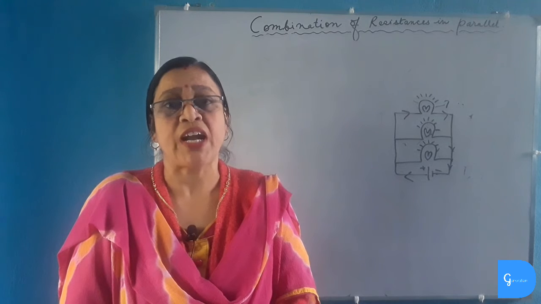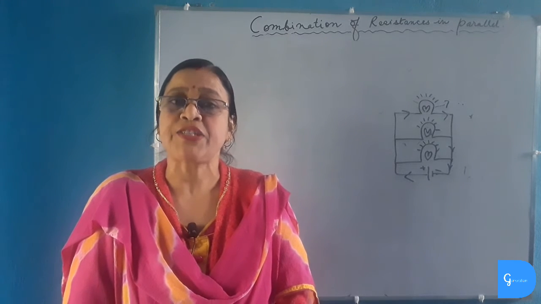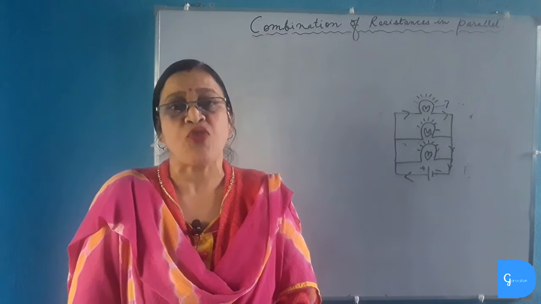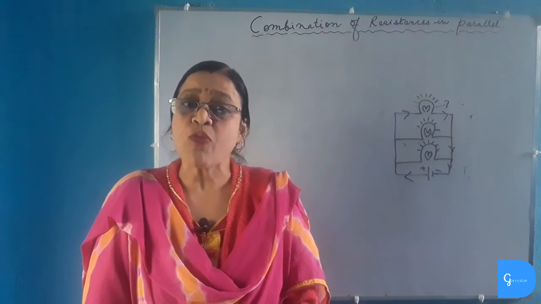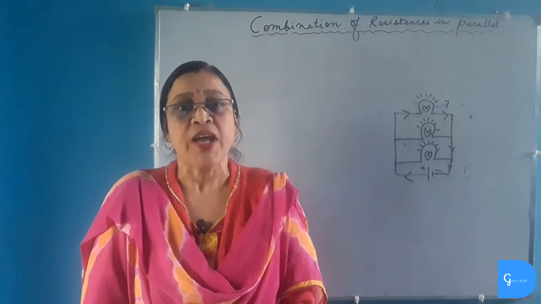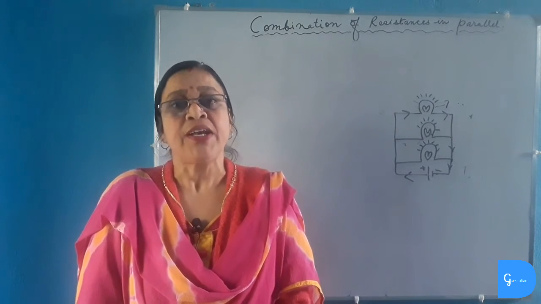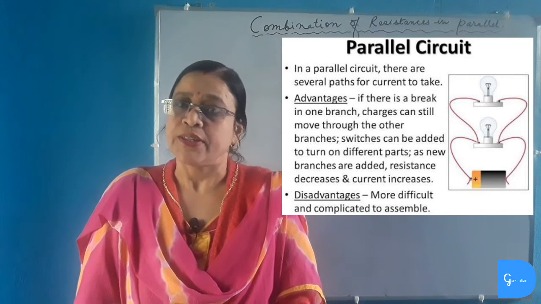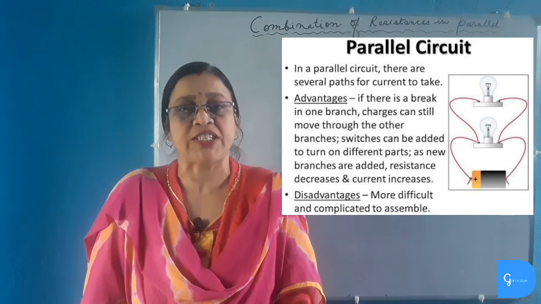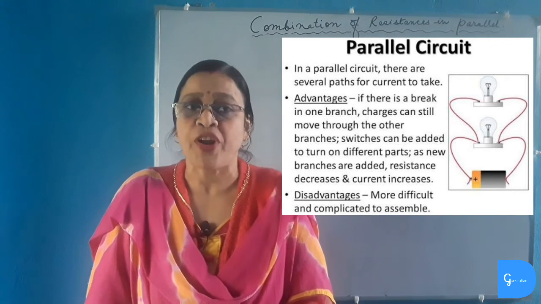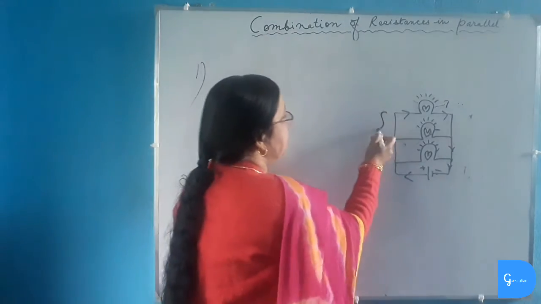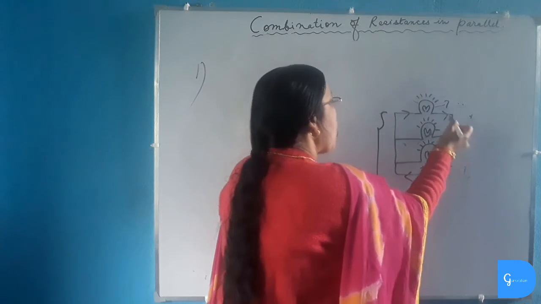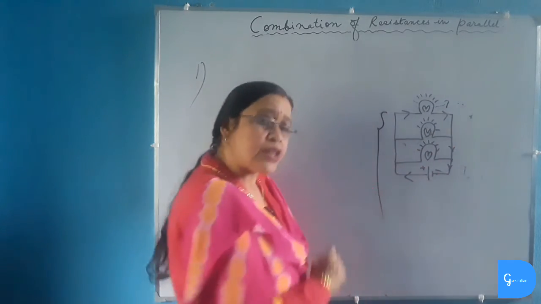Now we will study about the advantages of having parallel circuits for domestic wiring. Domestic wiring has parallel circuit because of the following advantages. Number 1, if any one of the electrical appliances is out of order and is not working due to some defect, then also all the other electrical appliances will work normally. There is no disturbance if any one of the electrical appliance is out of order. For example, if the bulbs are connected in parallel and if any one of the bulb is fused, then all the other remaining bulb will still glow.